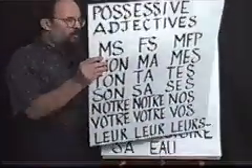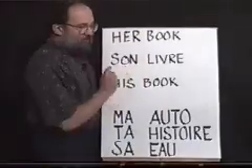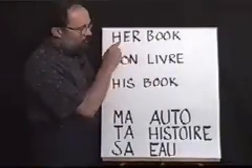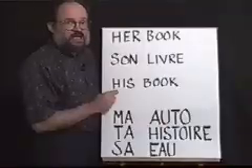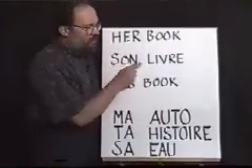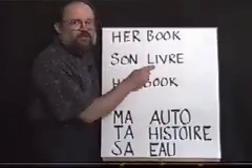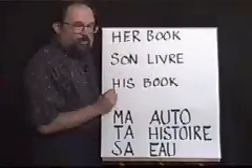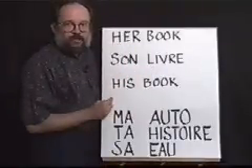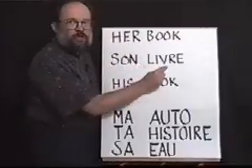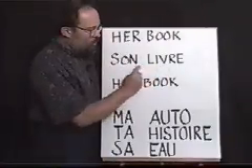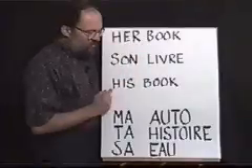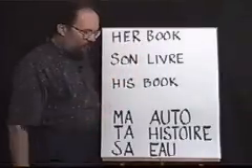As I said, we'll get back to something, and here it is. Don't forget, this is called a possessive adjective, which means that if you want to say her book, you will say son livre. If you want to say his book, you will say son livre also, because what's important is that livre is masculine singular, not the fact that the book belongs to her or to him. Okay? So always look to the gender and the number of a noun to choose your possessive adjective, not to what the English sentence tells you, because that is not the way French functions.